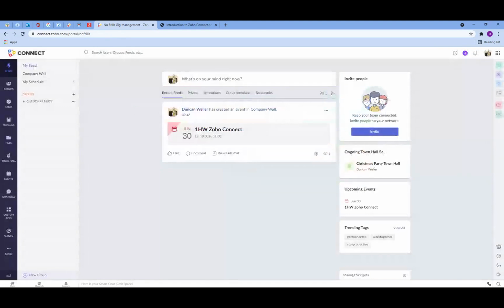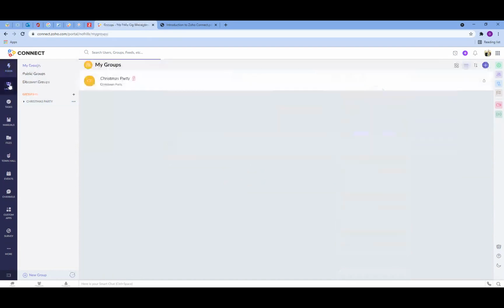Okay, so let's look at the Zoho Connect features on the left-hand side in a bit more depth and start adding some information to show you how effective and easy it is to be able to add these. So setting up a group is the first aspect I'd like to look at here. So we have one group set up called Christmas Party, but we want to set up a new group, and groups are